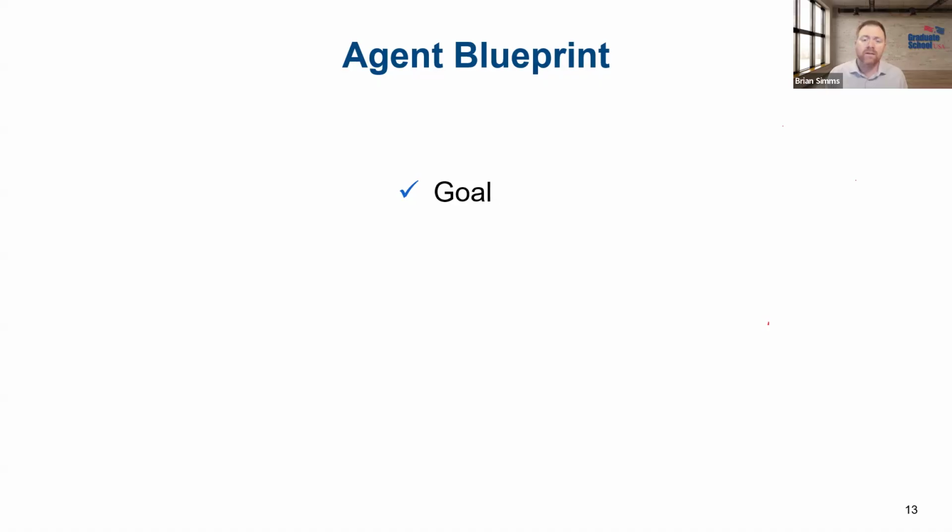One, they have a goal. This is the outcome that that agent is trying to achieve. So again, this is something like any good goal for us humans too, right? It should be specific and measurable. Not, hey, improve the efficiency of this process, but process all of these requests in 48 hours, or something like we saw earlier, right? So it has to have a goal regardless of system.